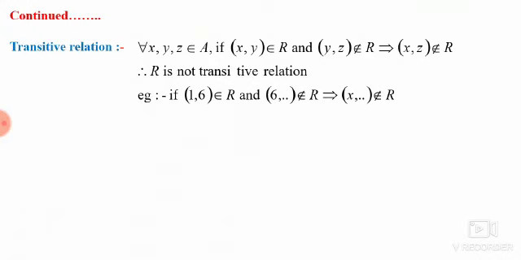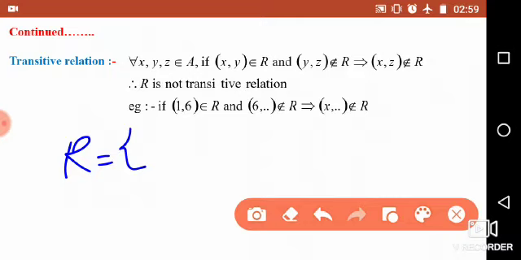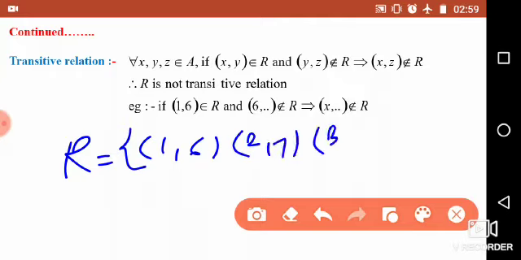Now for the same relation we have to check whether it is transitive or not. Once again I write the relation R over here. R is equal to the ordered pairs (1, 6), then (2, 7) and the next element is (3, 8). Now to check transitivity, a minimum of 3 elements are taken. Let x, y, z belong to A. If I take (1, 6) belonging to the relation R,